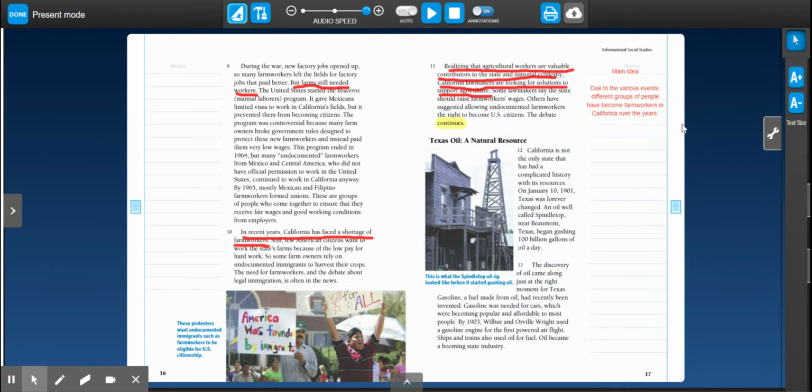All right, so that is all that we are going to read for today. We're going to read the rest of this tomorrow. Now, your job is to go back to your presentation in the last slide to complete your vocabulary chart for today. Your vocabulary chart asks you to use context clues to find the definitions of words.